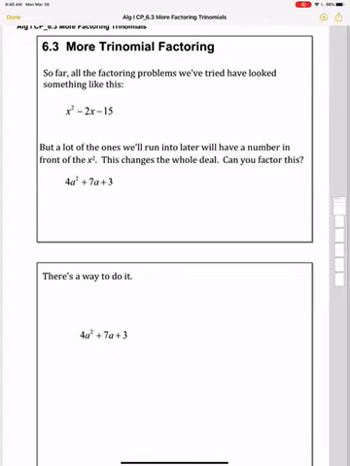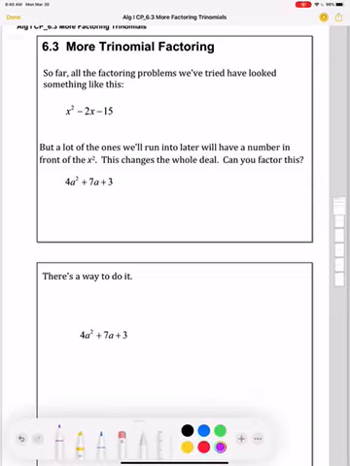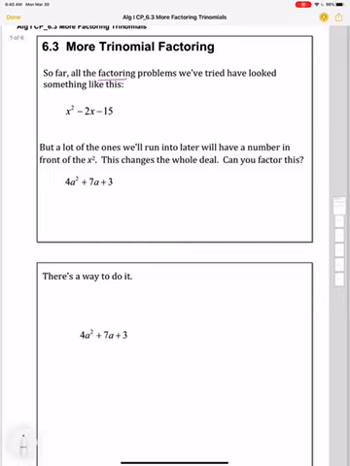We are going to work on factoring trinomials, but we're going to add a little something to them. So far we've factored problems that look like this first one, x squared minus 2x minus 15. Factoring means to write it as a product. When you're asked to factor, that means tell me what did you multiply to get this. And we know that it looks like two binomials being multiplied together because we got this by doing